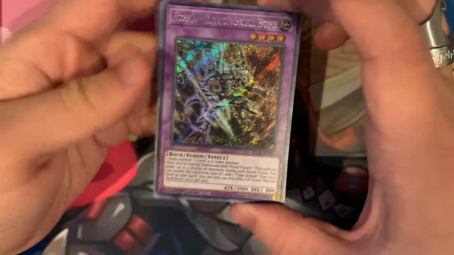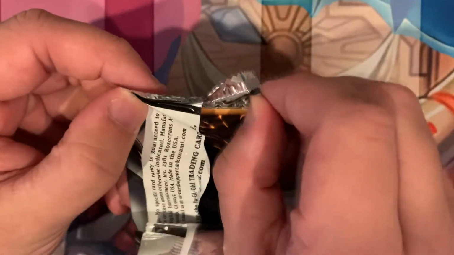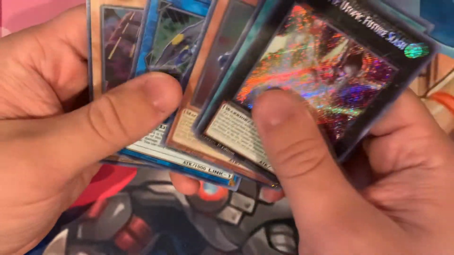Fossil Warrior, Skullbone, nice. Numeron 1, Gazelle, Numeron 2, Appliancer. The fossil stuff actually looks really cool. I was testing it out online the other day against an Adamancipator player, and they scooped after like one turn, and so I was like, oh, okay, they must not have had a good hand. And then game 2 started, and they immediately scooped again. So I was like, excuse me, but